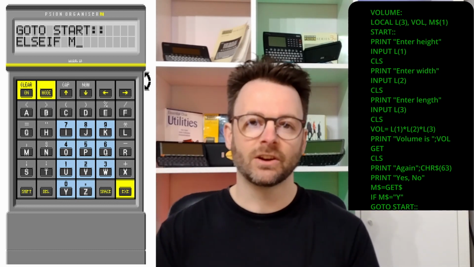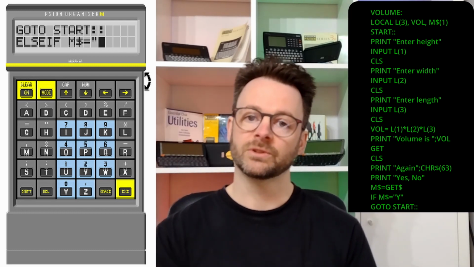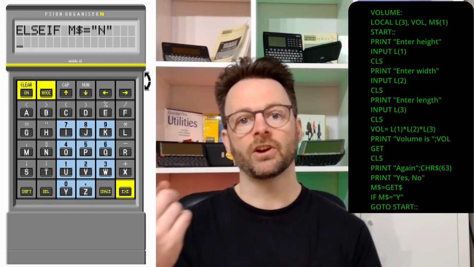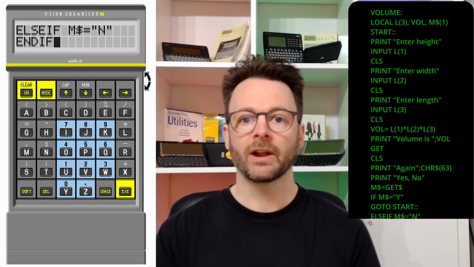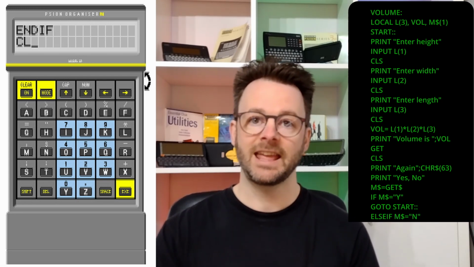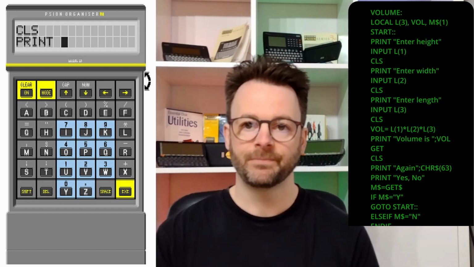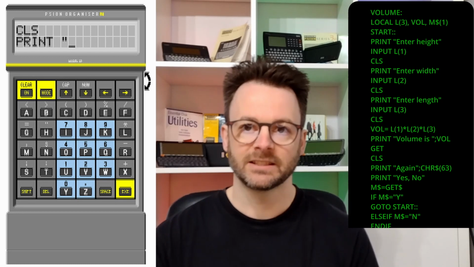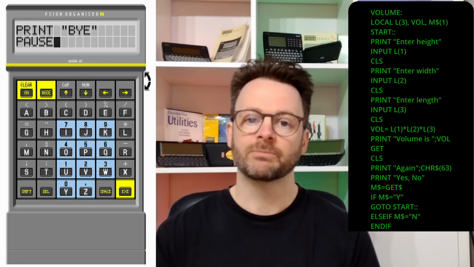In this case though, I've put if $m equals capital Y, we're going to assume that's a yes, and we're going to go back to the start. If it's not a capital Y, then the program will skip to the next else if. The next else if is $m equals capital N. There is no program to run after this, because actually if you don't want to run it again, we need to leave the program. So I've put an end if